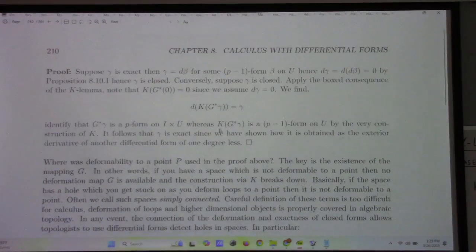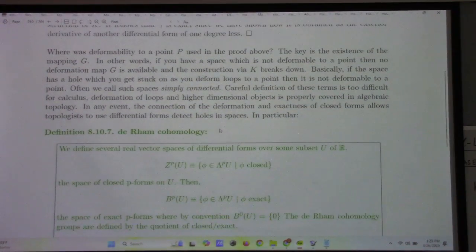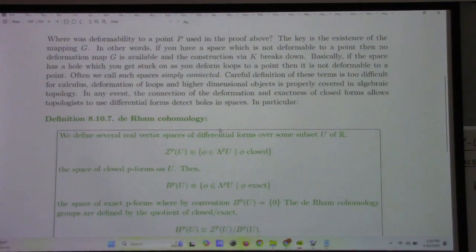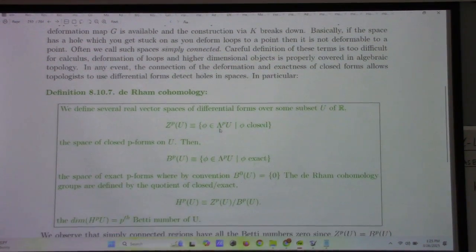All right, so we just got through this. So the next thing is a little bit of higher math to talk about here just briefly. If we look at all the possible K-forms on a space, we can look at